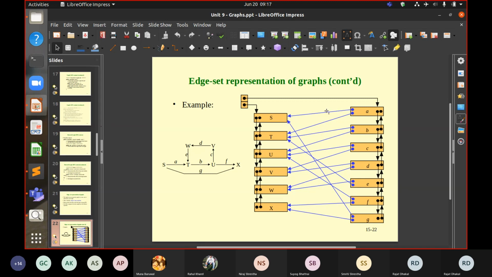The blue arrows here, or the blue pointers, call it what you may, this is the way we determine, or how we implement, the relationship between the edge set and the node set.